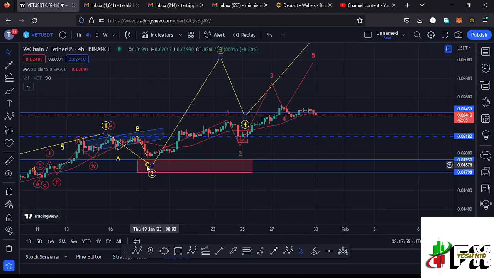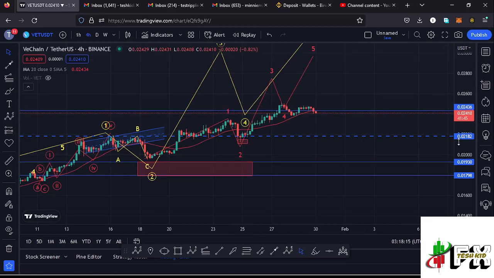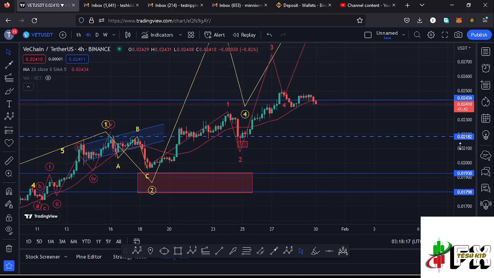And I believe we have seen the first wave of that fractal wave within the formation of that wave 3. We have also seen the formation of that wave 2, and I believe whatever we are seeing at the moment is the formation of that wave 3 to the upside. And before I give you my next target areas to the upside in the formation of this wave 3, allow me to first show you that this wave 2 has done the minimum that we expect a second wave to the lower side to do,